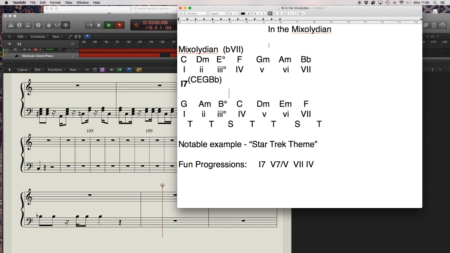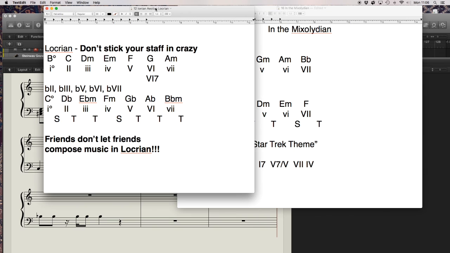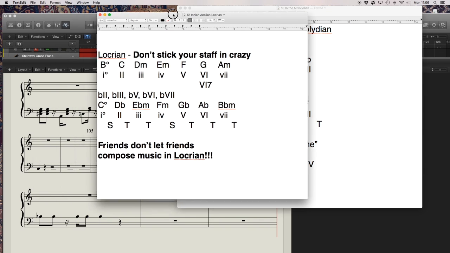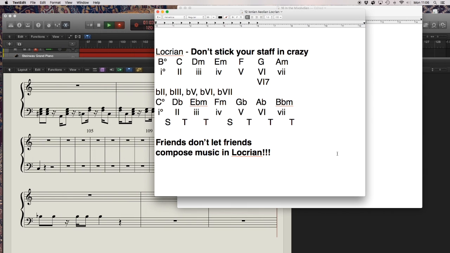But before we go, I do want to take a brief moment to talk about the Locrian scale, because I said we weren't going to spend a whole lot of time on it. I just want to come back and remind everyone why it's a terrible thing. As I say here, friends don't let friends compose music in Locrian. If you look at what it takes to change the C scale into the Locrian, you'll see you have to flat almost every bloody note. You're leaving the F alone. But listen,